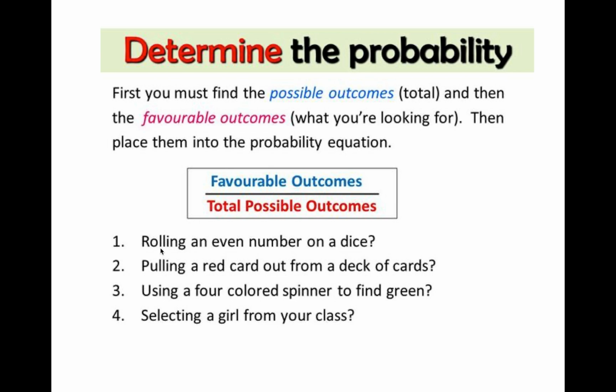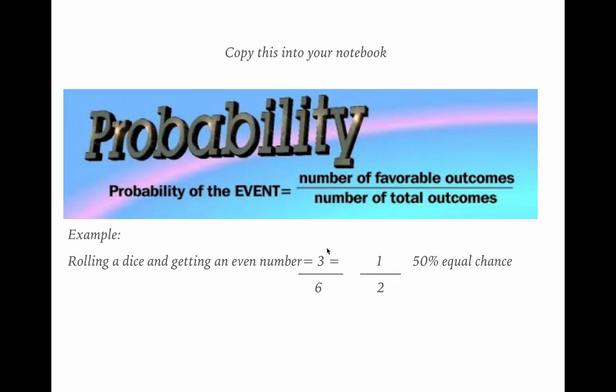So let's have a look at rolling an even number on dice. What does that look like? So number of total outcomes would be 6. So when we roll a dice, we have 6 different numbers we can roll. Now, even numbers, there are 3 even numbers on the dice: 2, 4, and 6. So the number of favorable outcomes would go at the top. So we write this as 3 over 6 and simplify it to 1 over 2, or 50% chance of getting